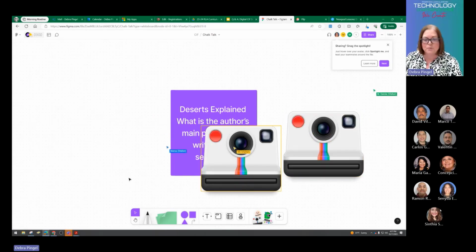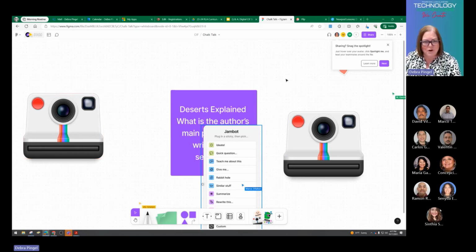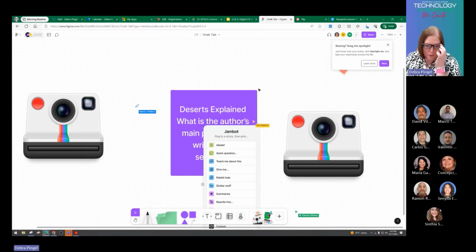What is the author's purpose? Oh, good. I like how people are trying out all these cool tools already. There's cameras. I know there's washi tape. Sanaida was always crafty with her washi tape. So if you can read the article just real quickly and then explore, or even if you don't read the article, you'll get the gist, and write down what you think the author's purpose is